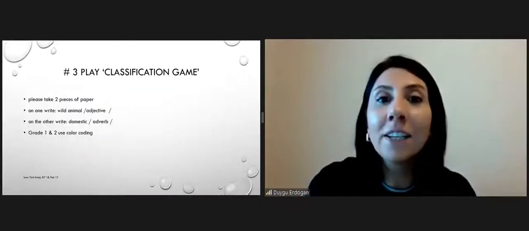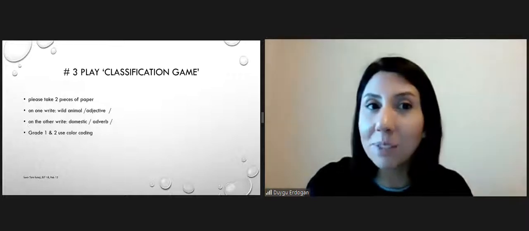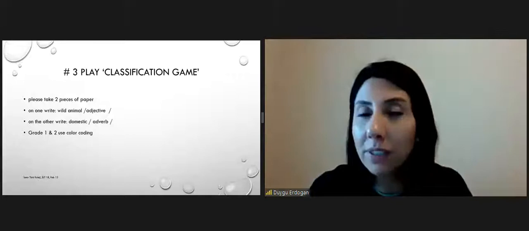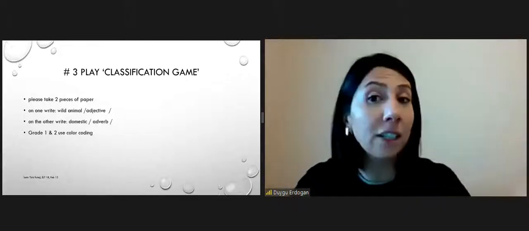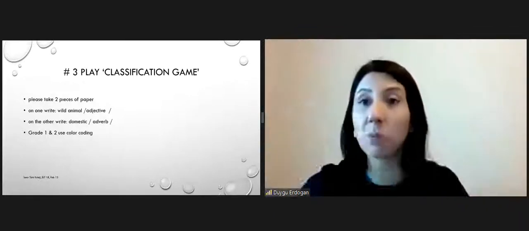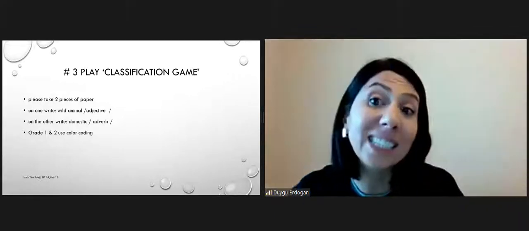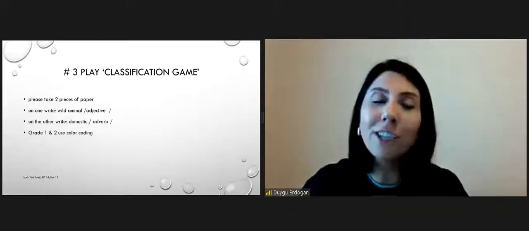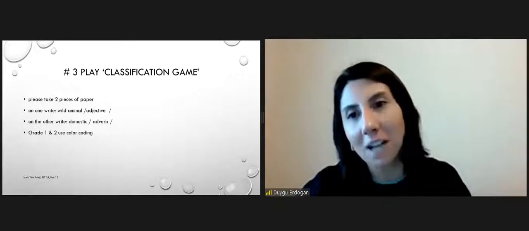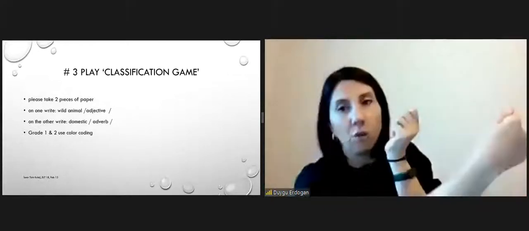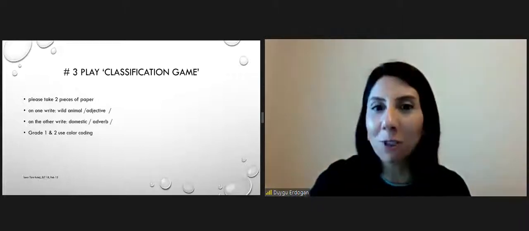Okay. Number 3, classification games. Either you can use papers once again, or color coding with younger ones. So adjectives and adverbs, right? Adjective on one side, adverb on the other side. Again, it's a nice way to motivate them to start a lesson, because you can do your revision like that, okay? Grades 1 and 2, they like color coding. If it's in household objects, show the red part. If it's a transportation vehicle, then show the yellow part, okay? So they also like that.